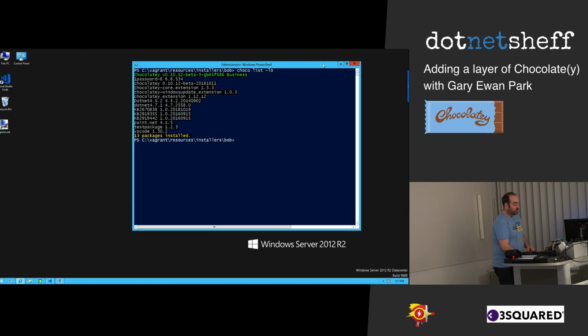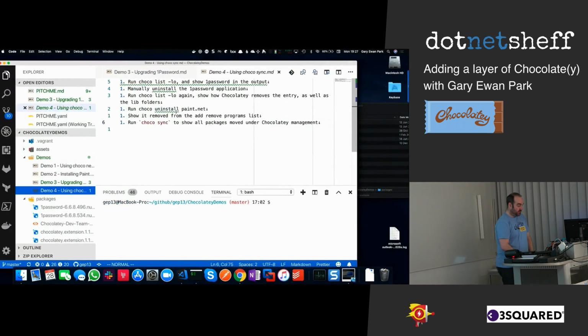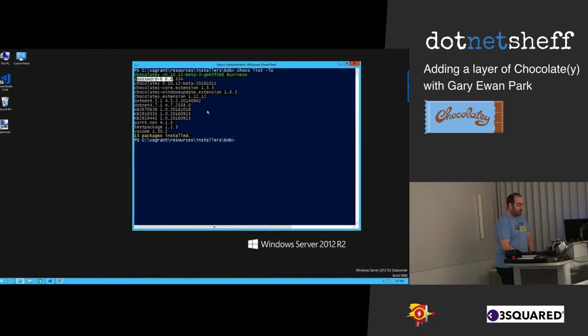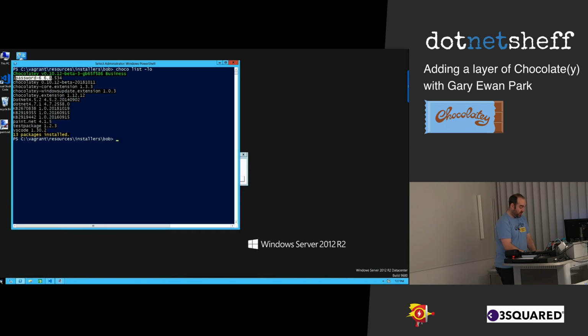Okay, so in this scenario, I've got a few packages. We've got that one password one that we installed. We've got the one for paint.net and the test package that we installed. So what I want to do is, let's imagine again a scenario where we go back to add remove programs